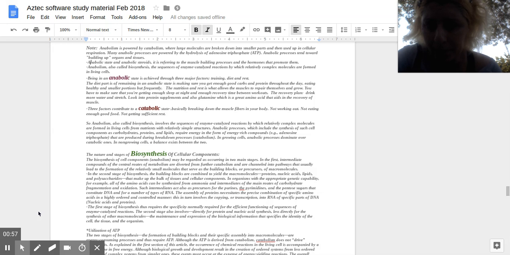So, where smaller molecules are used to make larger molecules, and usually with the use of ATP or energy or hydrolysis of adenosine triphosphate. This builds up organs, tissues, muscle tissues, etc. So this is anabolic state,